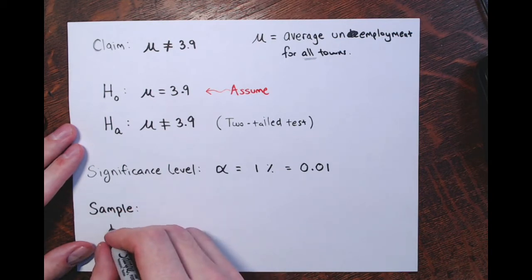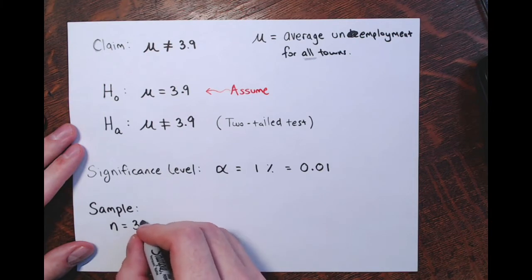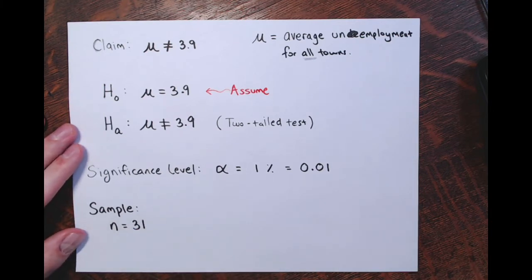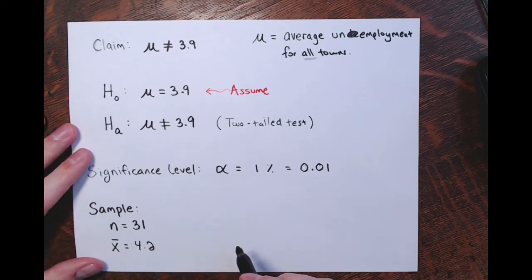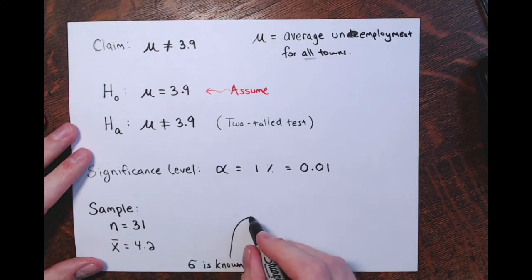Now, so you took 31 of these smaller towns, right? So n equals 31. And the sample mean, the average unemployment rate for these 31 towns, was 4.2%. And sigma is known. They told us that the population standard deviation, sigma, is known to be 0.8%. Now, because sigma is known,